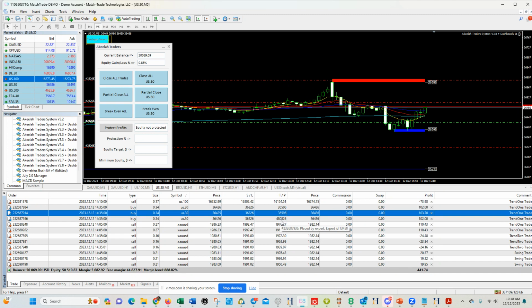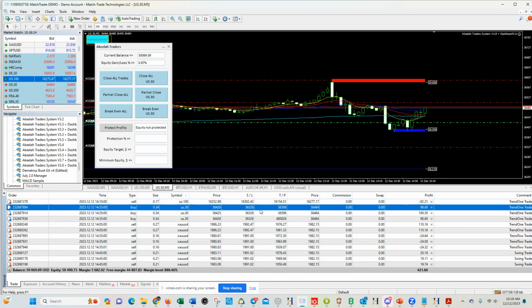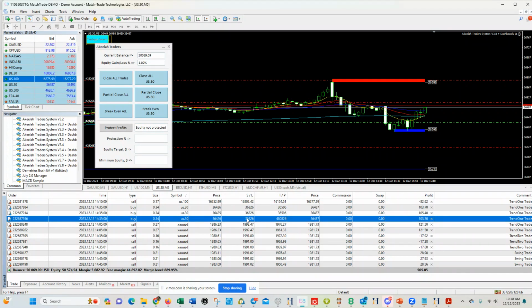So if we hit that take profit target, this one is going to close, and then the stop loss on one of these other 2, depending on which one it measured to be number 2 or 3, is going to move to break even. So our entry here was 36,425. The stop loss on the 2 remaining trades: the stop loss on one is going to move to break even, and it's going to leave the stop loss on the other here. So hopefully US30 is going to be nice to us, and we'll get to see this